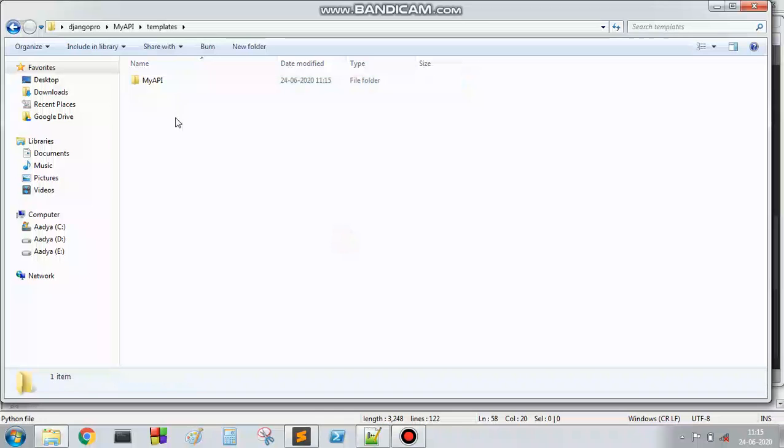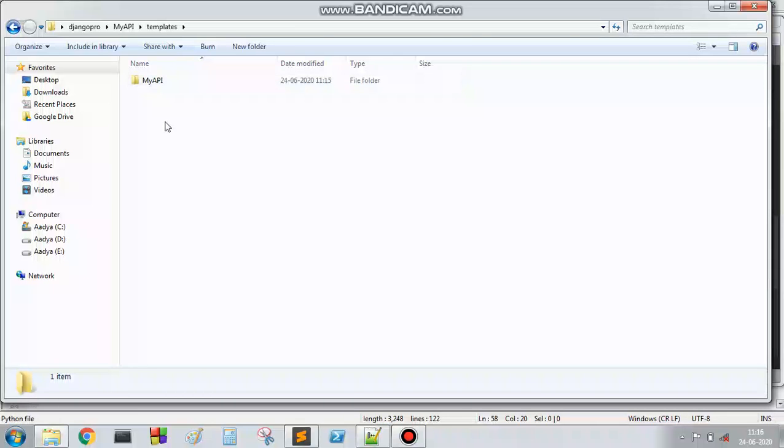This folder needs to be distinguished from other applications. We have only one app here, my API. This folder is created to make it clear that whatever we put inside this folder must be for this my API, for a clear differentiation from other applications.